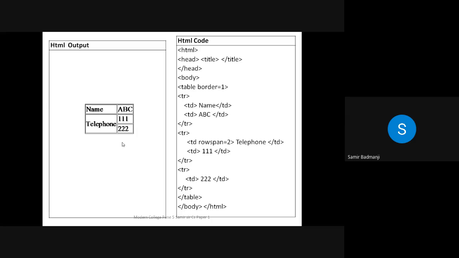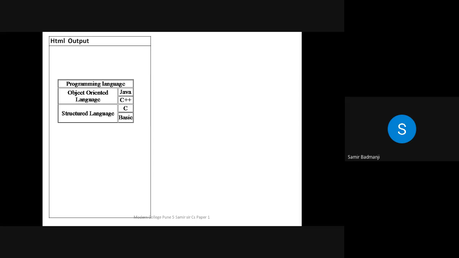So all of you understood row span and col span? Yes, sir. So now we'll see, these are simple examples. Now whatever examples I'm going to take, that can be asked in the board exams, and few examples also I have taken. Now see the next example. This was asked in the board exam at some time.